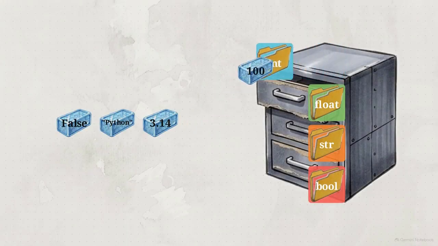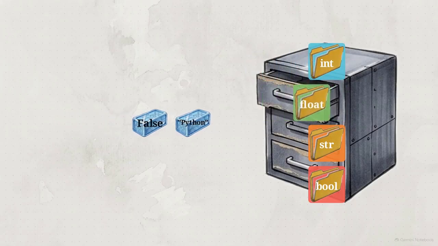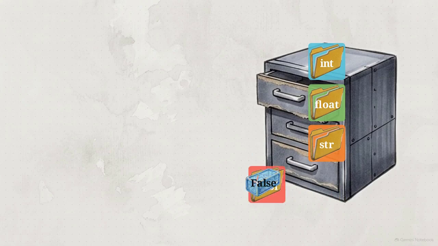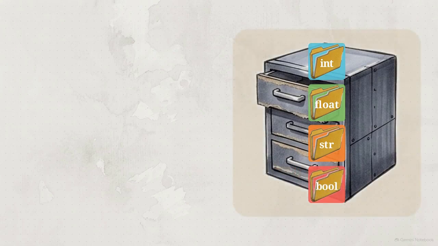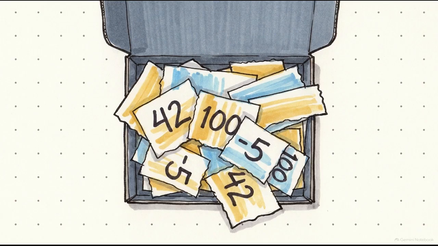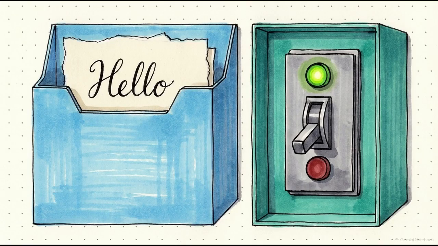Python manages information through a strict internal filing system called data types. These are the nouns of the language, and every value must be sorted into a specific category. Whole numbers are filed as integers, or ints. To be accepted, they must be written cleanly, without commas or non-numeric characters. Numbers with decimals are filed as floating point numbers, or floats. This distinction is so precise that Python even treats -0.0 as a valid, distinct floating point representation. Text belongs to the string category, and simple logic states, like true and false, are filed as booleans.